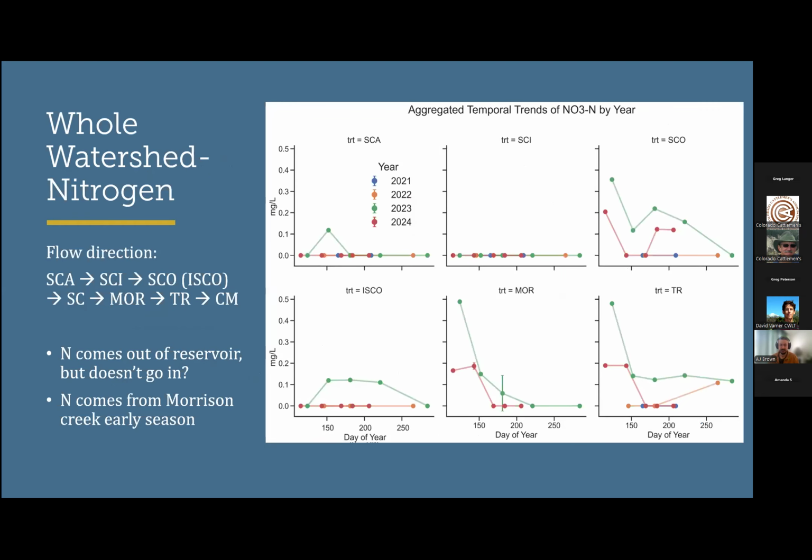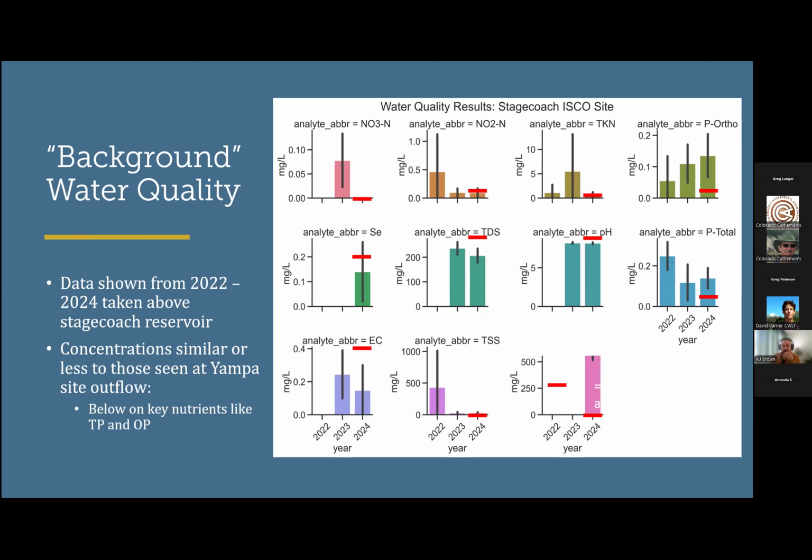AJ, why do you think that this last slide, the orthophos, went up each year from 22 to 24? That is an interesting question, and I don't have a clear answer for you. I think some of that could be something to do with, once again, this being a function of a non-irrigated field, but